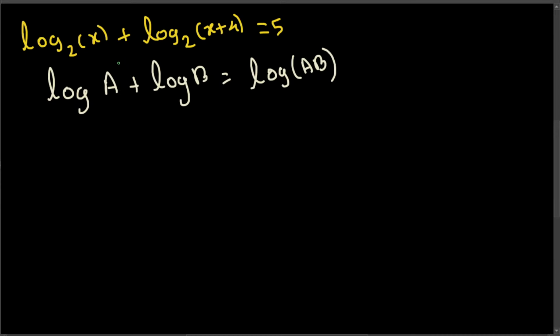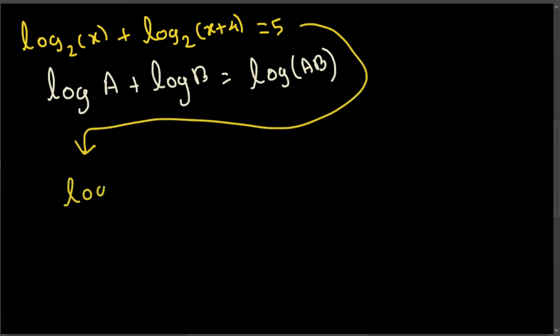So I'm going to continue with this equation right here. We can express this as log 2 of the multiplication of these two values, that is x times x plus 4,